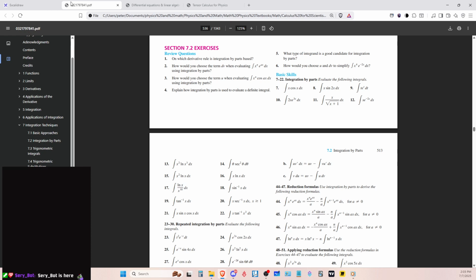Okay, so number 7. This is just basically having us solve the problem, right? So let's just do this. Cosine of x dx. Pretty sure this is probably easy for a majority of you guys. So now we have to choose a u, and then we have to choose a dv in this case, because